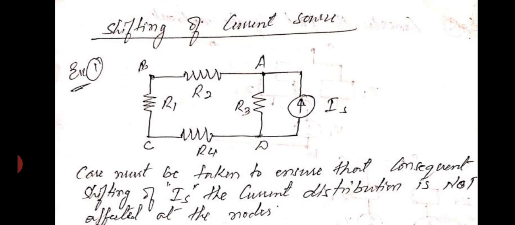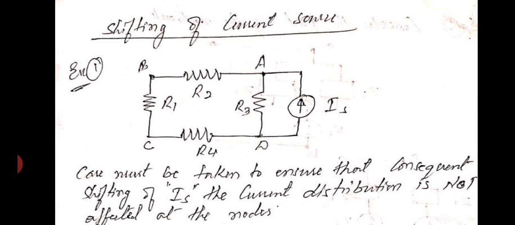Now the shifting of current source, you can see the network. So here care must be taken to ensure that consequent shifting of the current source Is, the current distribution is not affected at the nodes. Just see the direction of the arrow mark, the current direction, capital I suffix small x, extreme on the right hand side, which is going to terminate at the node or end at the point A